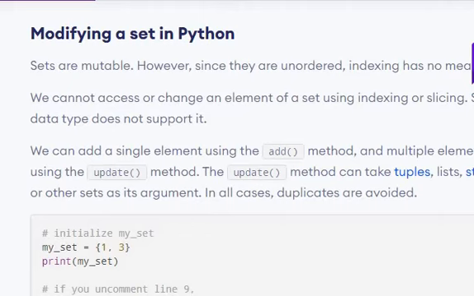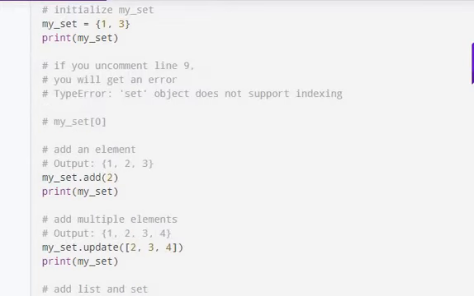But in all cases, what is to be observed is that duplicates are avoided. Look at this example. We have a set with 1, 3, and I am trying to put an index like my_set[0]. You get an error: set object does not support indexing.